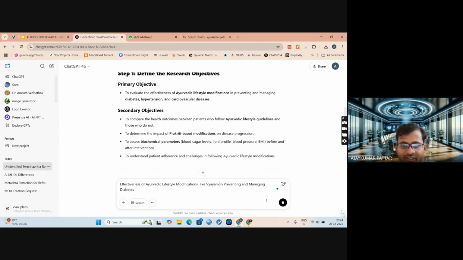I am specifically giving Vyayama and managing diabetes type 2 in adults aged between, because I am narrowing down, I can feasibly get patients of this particular age, so that's why I am giving this particular age range just for demo purpose. 50.